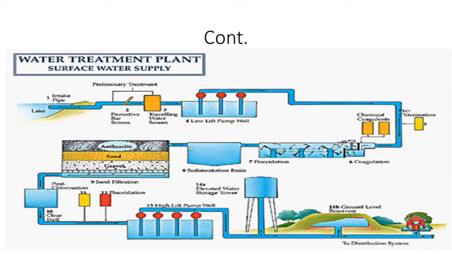The result after the chlorination process is a very long-term effect. So future contamination of water is avoided due to the chlorination process, and the system is very cheap and very reliable, and not much skilled supervision is required for the application of chlorine. So chlorination is a very acceptable, cheap and easily available method, and it is mostly used for the disinfection of water.